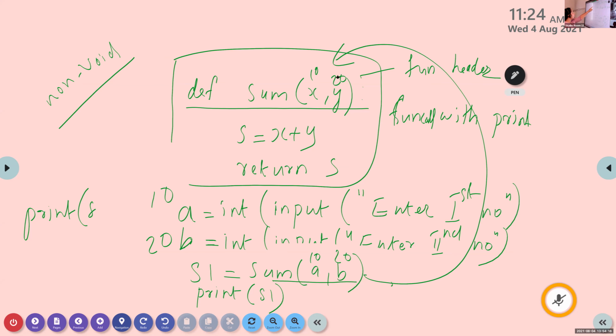After assigning 10 to x and 20 to y, what will happen? x plus y. What is the value of x and y here? 10 and 20. Then what is the result of s? 30. Okay.